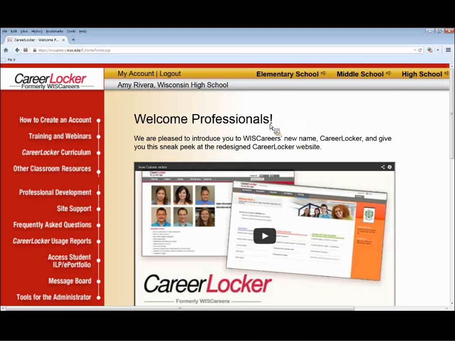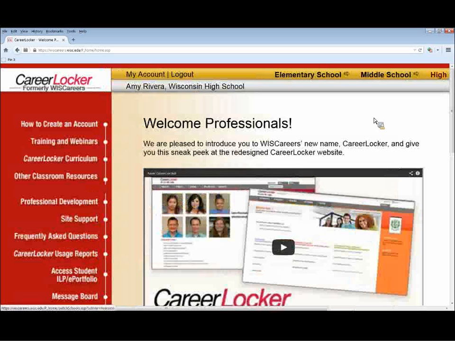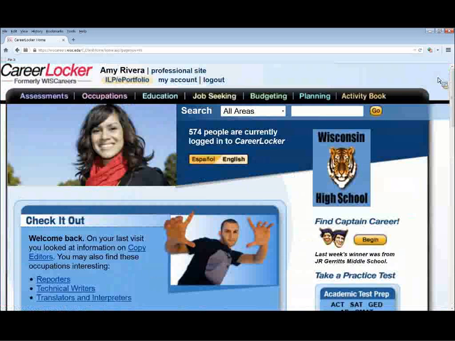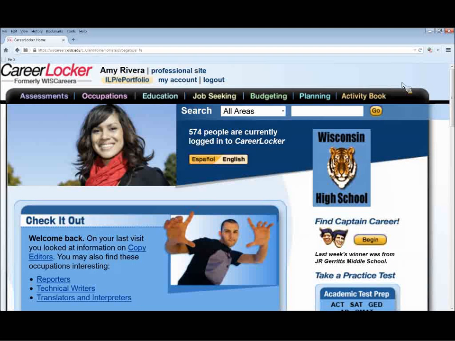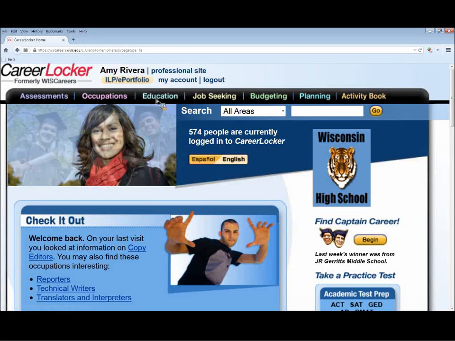To access the high school version, I'm going to click on this high school link up in the top right-hand corner. This is the high school homepage. This is what your high school students see when they first log into CareerLocker. Today we're going to be looking at the Education tab. If I click on Education,